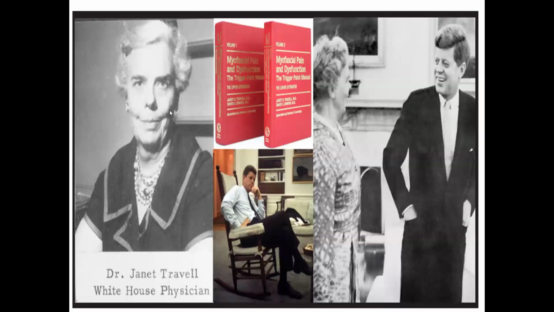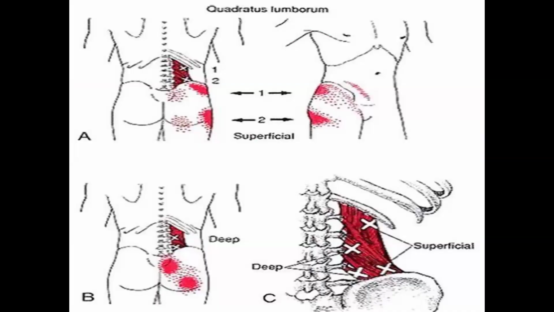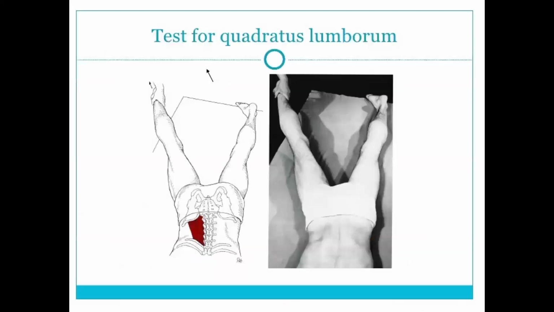This was really the founder of myofascial pain. Her name is Janet Travell. She was JFK's private doctor. Anyway, as you can see here, for example, quadratus lumborum muscle spasm can mimic exactly sacroiliac pain and facet pain. It has two parts, superficial and deep. And Janet Travell used to call it the joker of the back, because it causes a lot of symptoms,